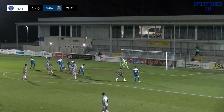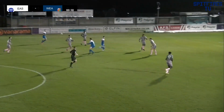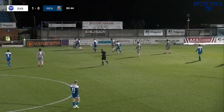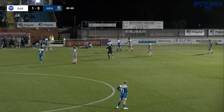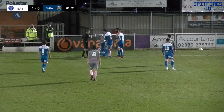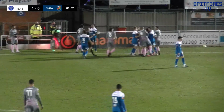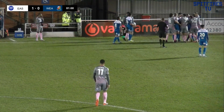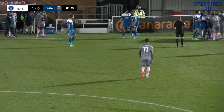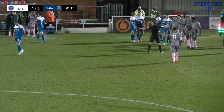Jack Payne with the cross into the box. Closest to Danny Hollands, but the Wealdstone defence did really well to... Danny Hollands bundled over there, and Wealdstone, it seems they're just losing their heads a little bit heading into this final 15 minutes. More pushing and shoving, this time between Green. Danny Hollands involved, Lafayette now involved. And you'd think with 10 minutes still left in this game, there's still plenty of time for Wealdstone to find an avenue back into the match, but...